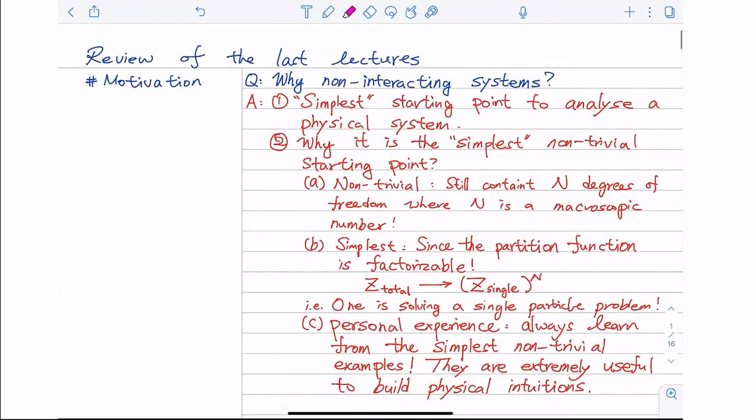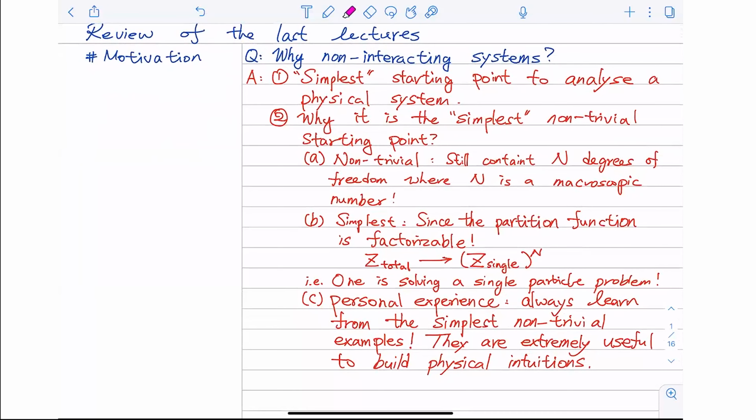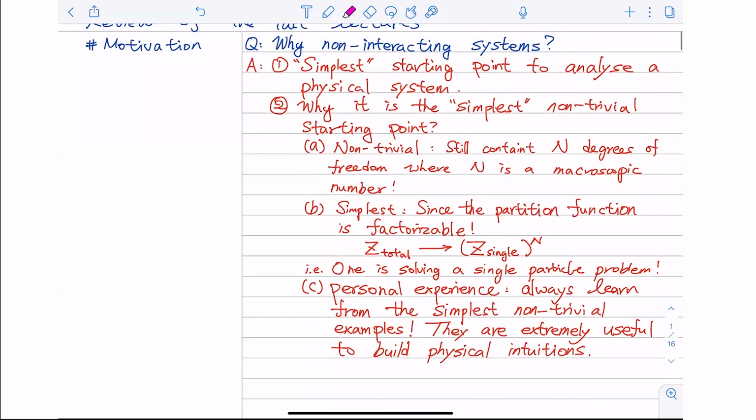First, I want to give a relatively quick overview about the motivation for why we study non-interacting systems. The first reason is that it is usually the simplest starting point, where basically we can analyze our system and get a lot of information. And why is it the simplest one? Because